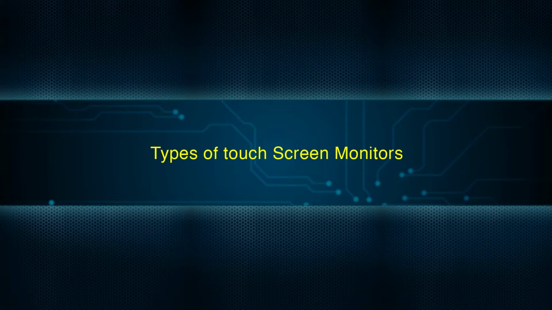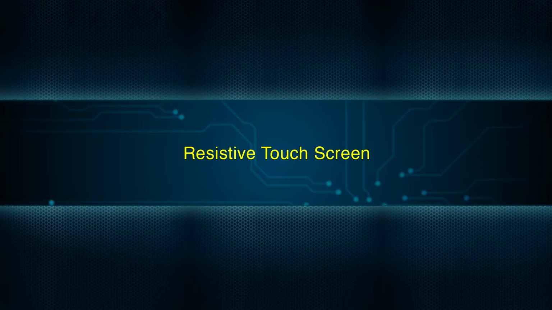Types of touchscreen monitors. There are different types of touchscreen technology. The most common types are resistive, surface wave and capacitive. Resistive touchscreen. This monitor usually has a coat of thin electrically conductive and resistive layer of metal. A change in electrical current occurs when it is pressed. The input can be processed by a computer. These monitors are the most popular types of touchscreen monitors used today. They are usually not affected by dust or liquids, which makes them very reliable.